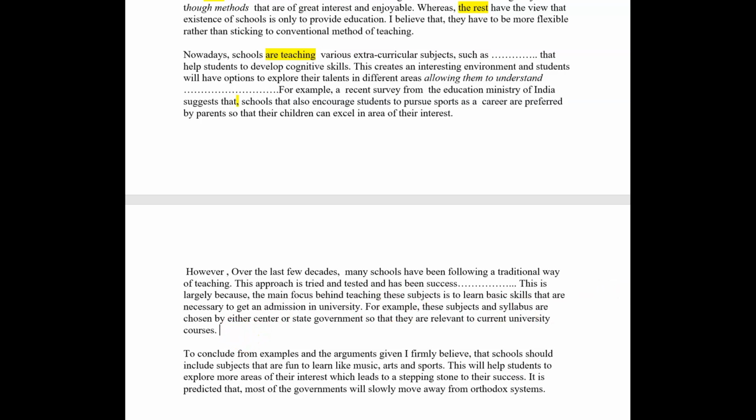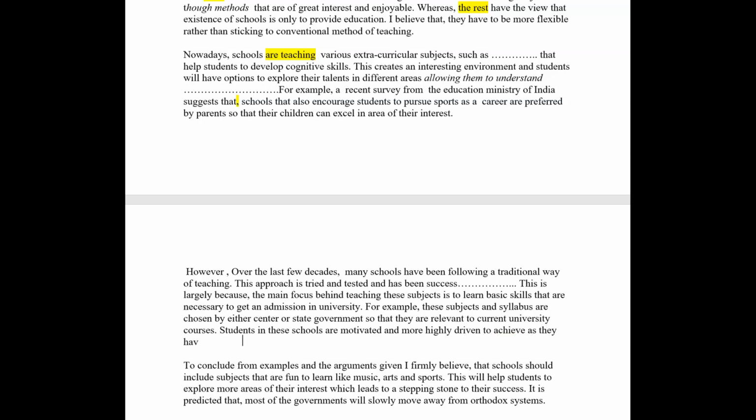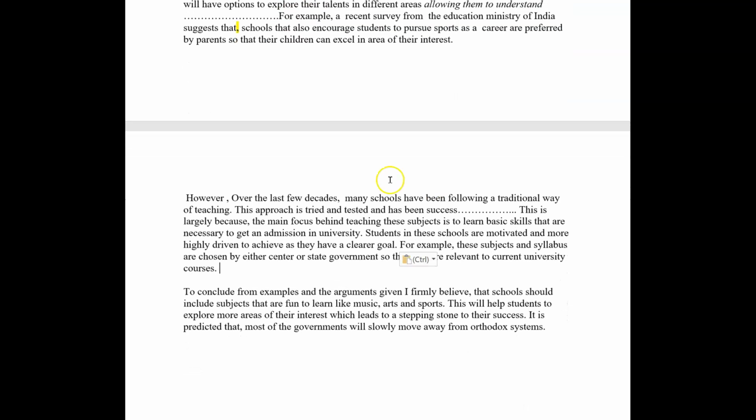Okay, you could say that students in these schools are motivated and focused, or more highly driven, or something like that, to achieve, as they have a clear goal. Something like that, really important. I don't know, you could put that maybe in here, but I think we need a little bit more in each paragraph just to expand it, just to really go for this idea of not just coherence through the paragraph,